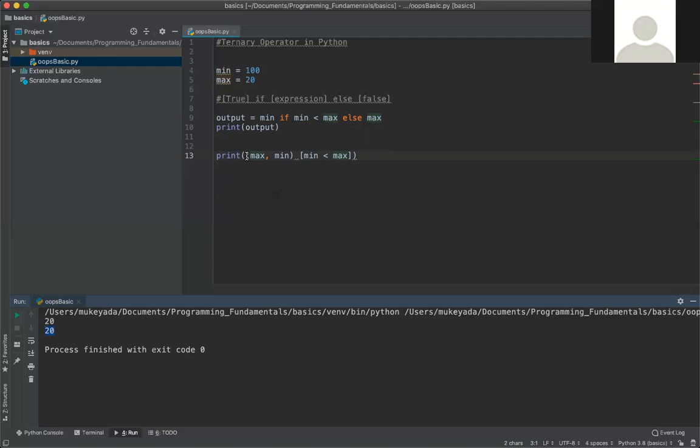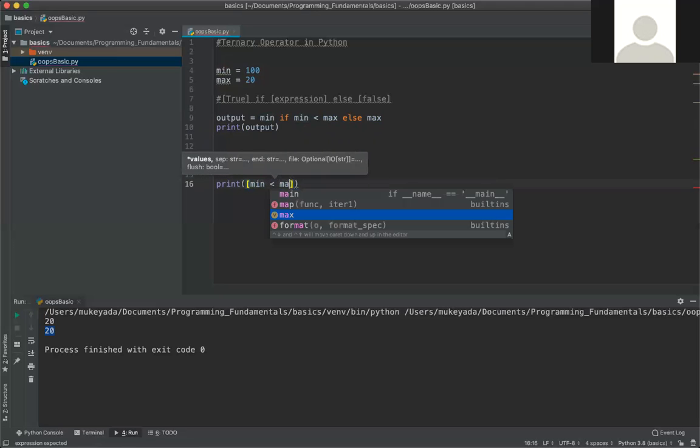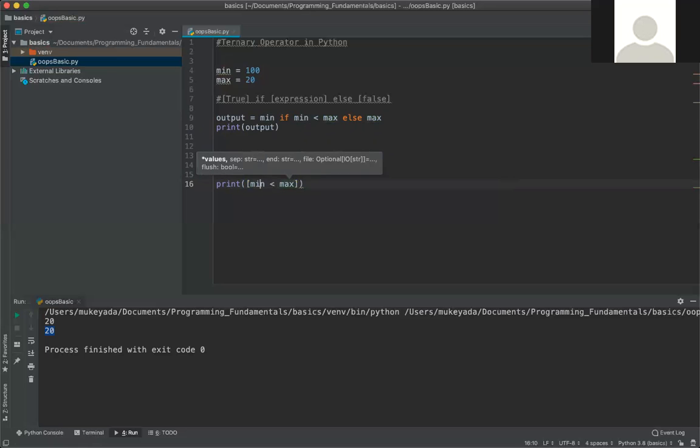If you have some working knowledge about lambda functions, we can achieve this with a lambda function too. So how does lambda work? We follow the same approach. First we need to write the expression, min less than max, and now we need to write a lambda function.